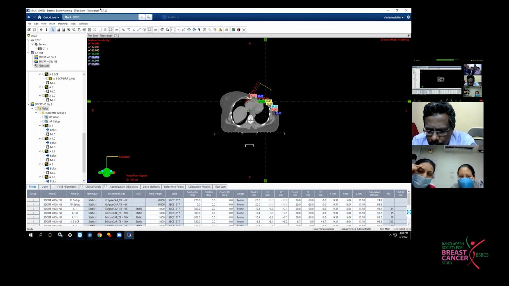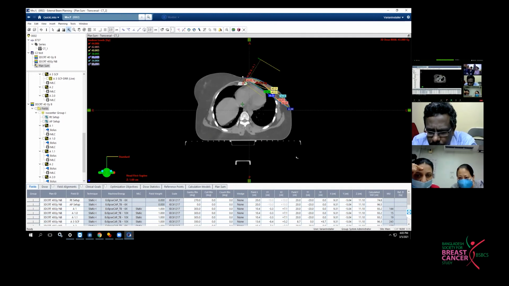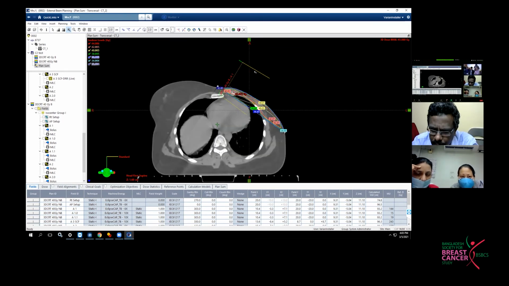So I would like to know if this is a monoisocentric technique. I mean, what is their policy of using symmetric or asymmetric fields? Because generally we would put one field x1 as 0 if we would plan a monoisocentric technique. So is there any protocol or any reason for not making one field as 0?